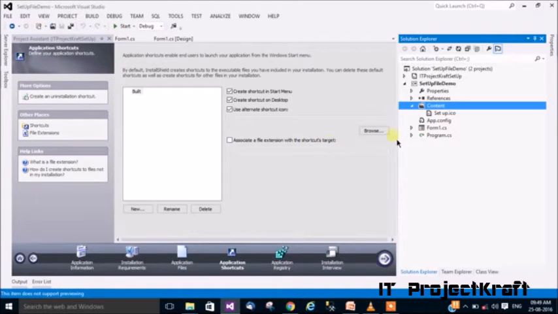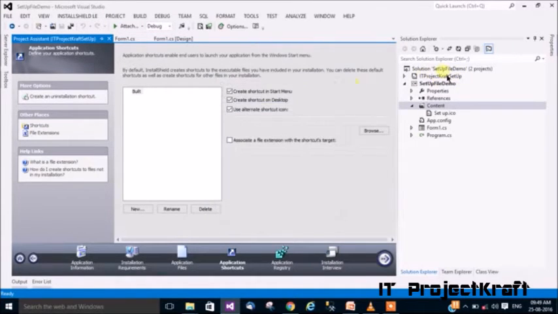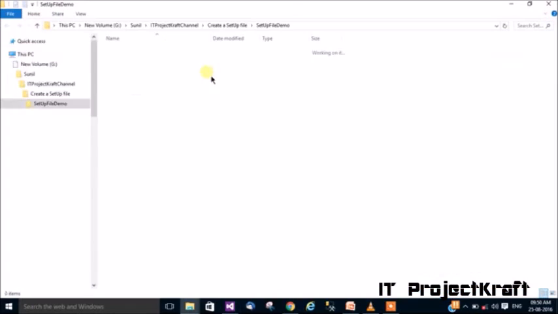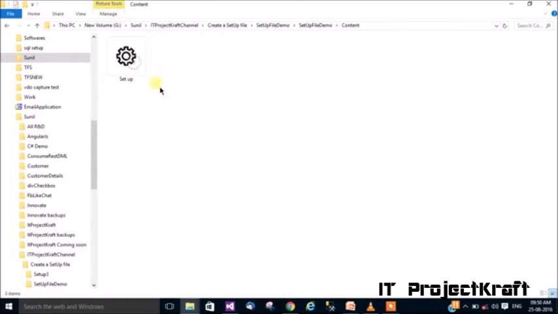Now this is done. Now I need to give an icon for my setup file. So I have used an alternate icon, I have checked it, and now I'll be browsing it. For my solution, you need to give the path of your solution from where it needs to be fetched. My solution is in G drive and my actual content is this one.